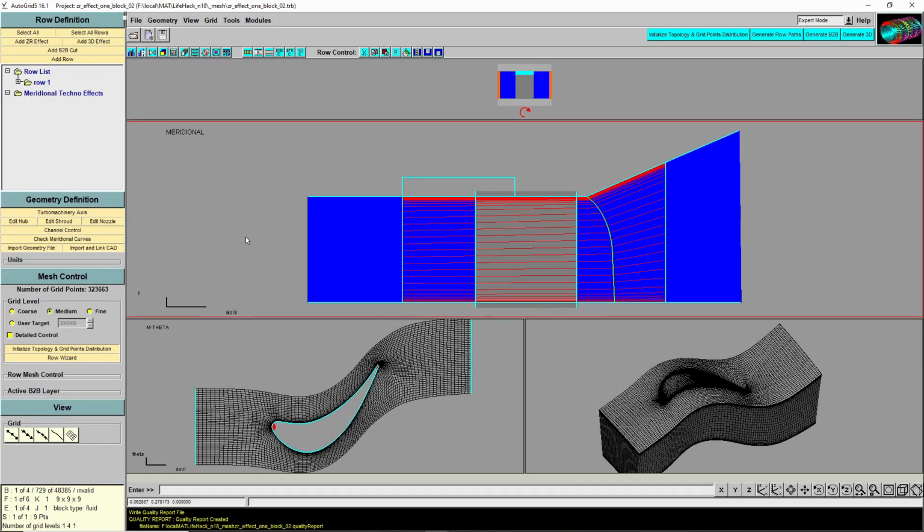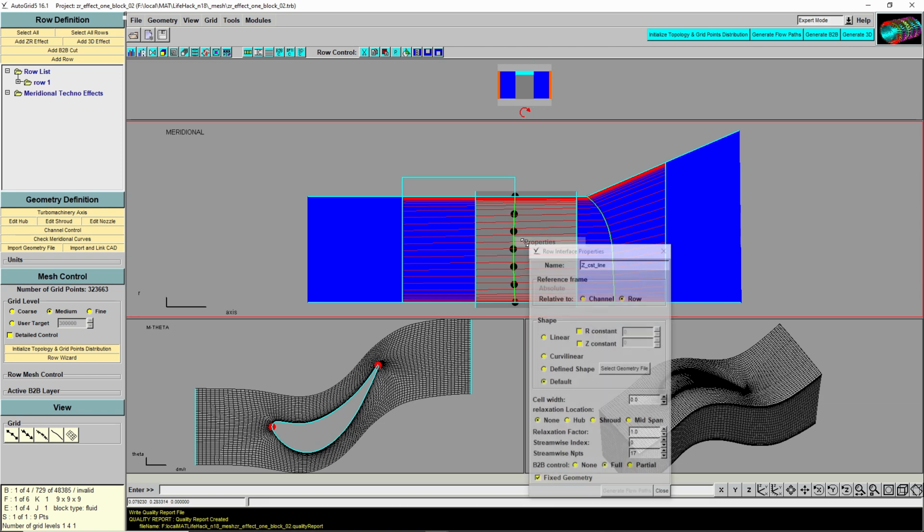Now the third case is already prepared as well, and here we have the ZR effect starting at the inlet but ending inside of the blade, or let's say on the same axial position. And again we have here the issue that the end here could be inside of a cell, so we need a Z constant line as well, which crosses the blade in that case, and thus we define the streamwise index, let's say in that case index 31,